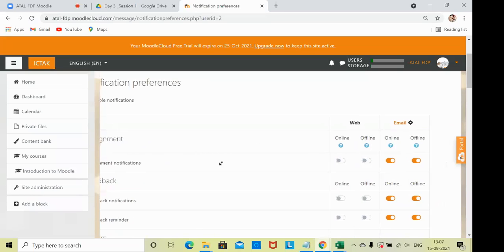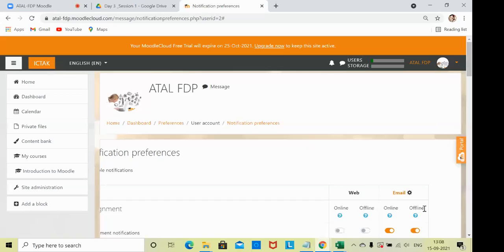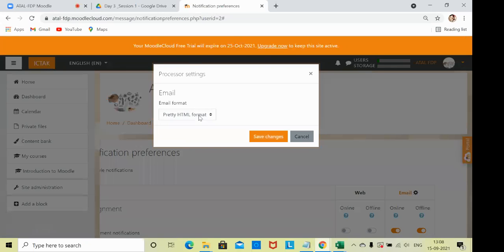If it is email related, then the processor settings and all those details, plain text format, what email format needs to be maintained. If it is pretty HTML format, we can also send the data, or if it needs to be forwarded as text format, that can be done.